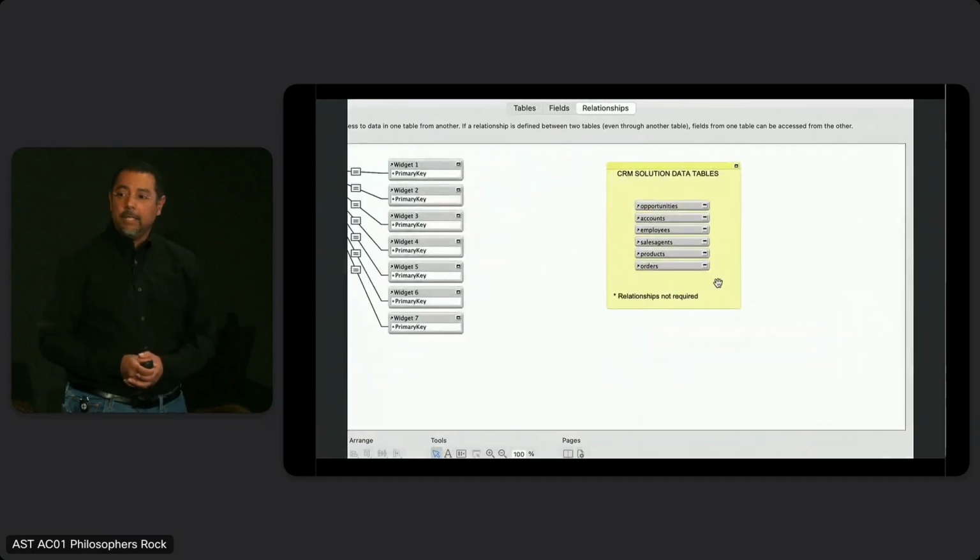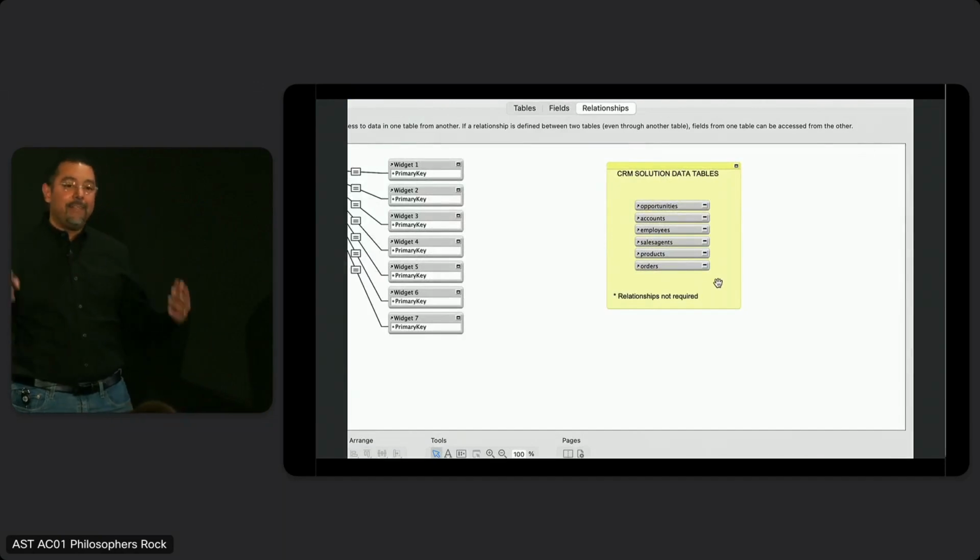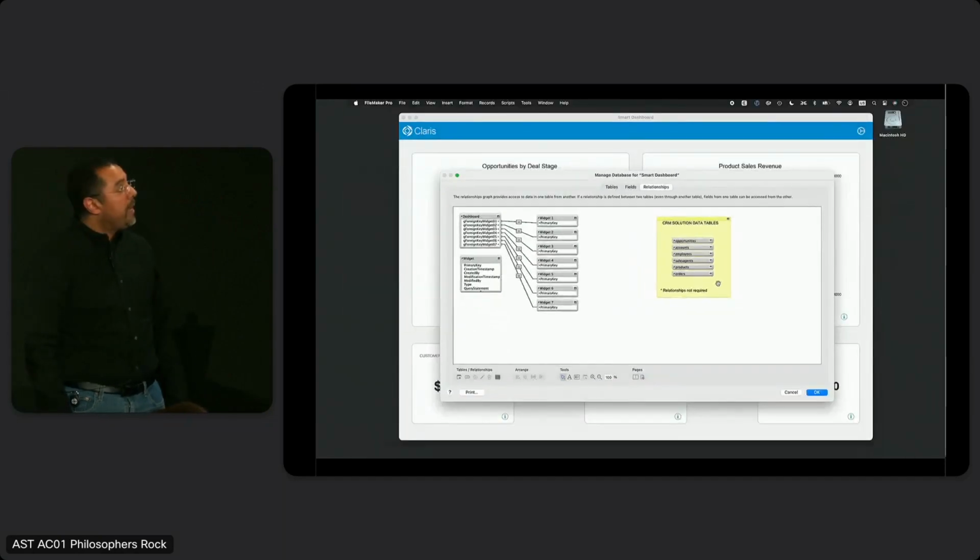Guess what? It does not use it at all. I'm not saying you should do this, but there are no relationships in here. I forgot to do it, and at the end of the day, I was like, I don't need it. It's just for demo. And so what I wanted to bring up is that one of the advantages of